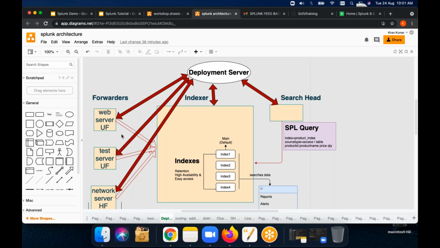Okay. So let's suppose I have 10 web servers. All the errors corresponding to those 10 web servers will raise a mail or raise a ticket for us, something like this.